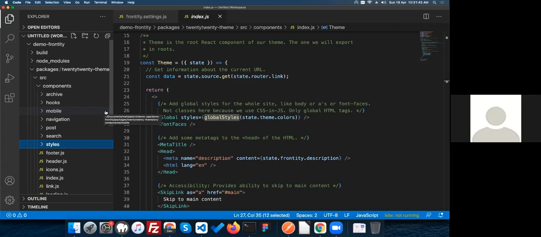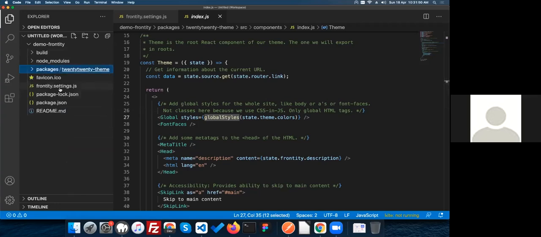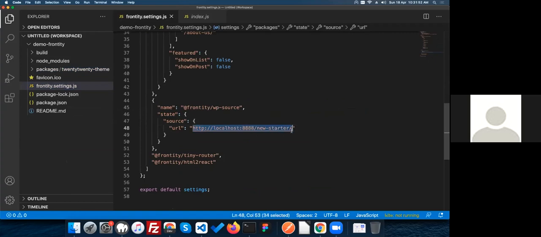But after you have successfully installed Frontity and your project system, you can connect to any WordPress project. You just need to change this URL, and it will start fetching data from there also. Both URLs will be running the same thing: if we have set up the front end with a different thing, and the URL set up in the frontend.settings.js, the URL will open, we can run the URL and check everything over there.